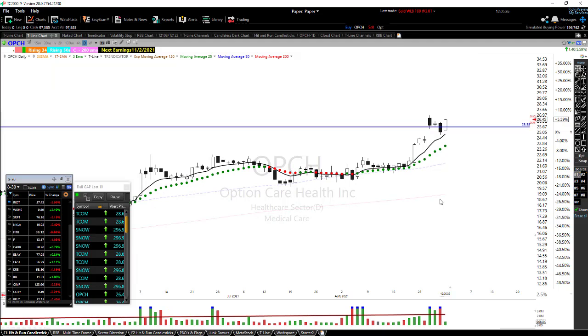Something you have to understand, for those that don't know: when a stock gaps up, that means something is going on. If somebody was to ask me why it gapped up, my only answer is going to be because there's more buyers than sellers. Why it gaps up, I don't ever care about that kind of information.